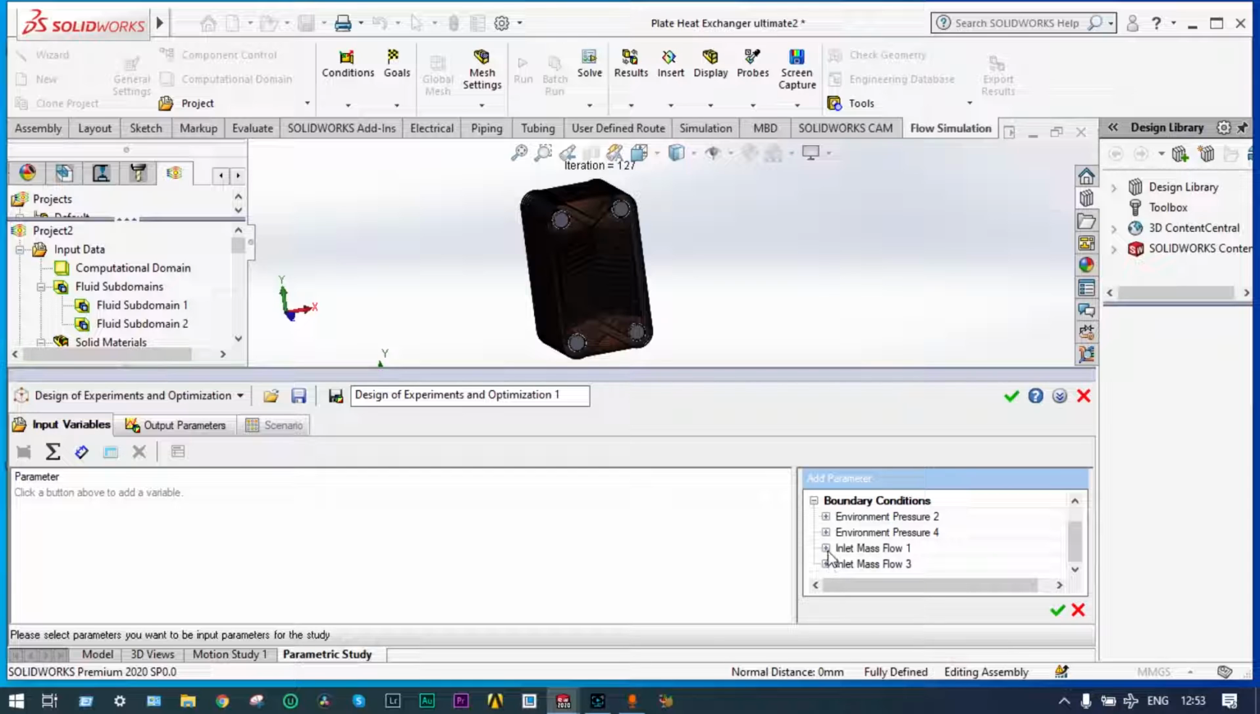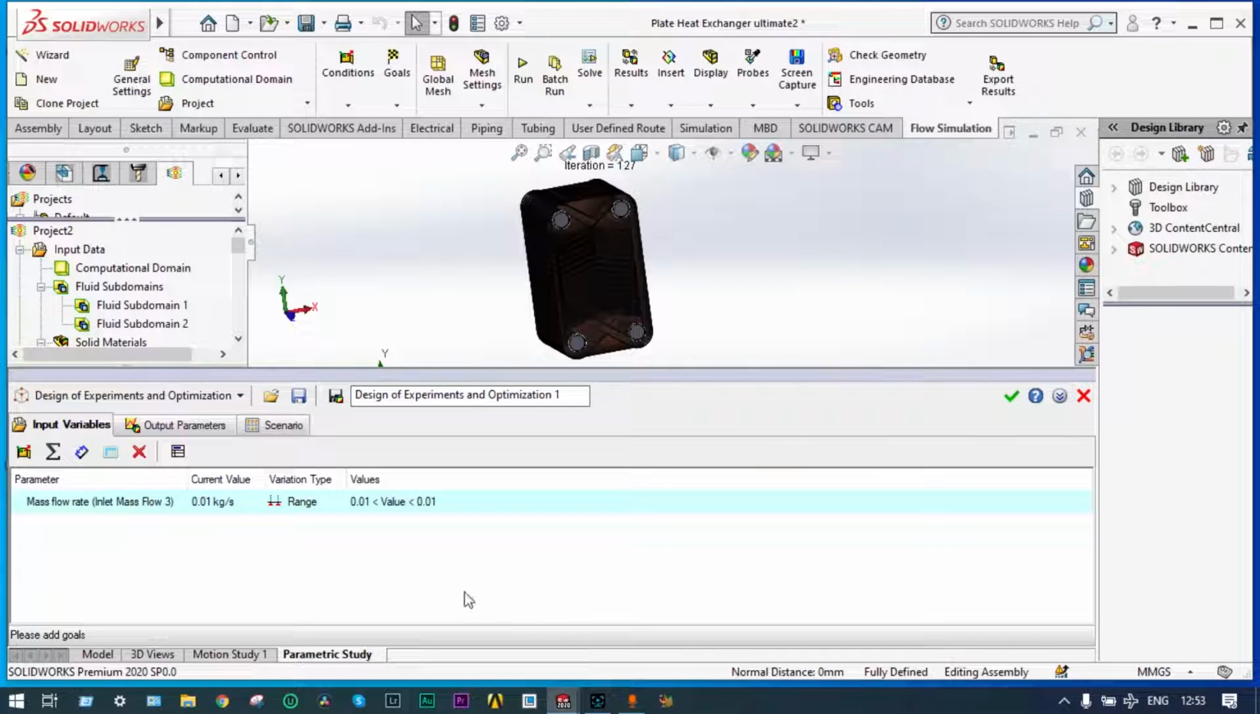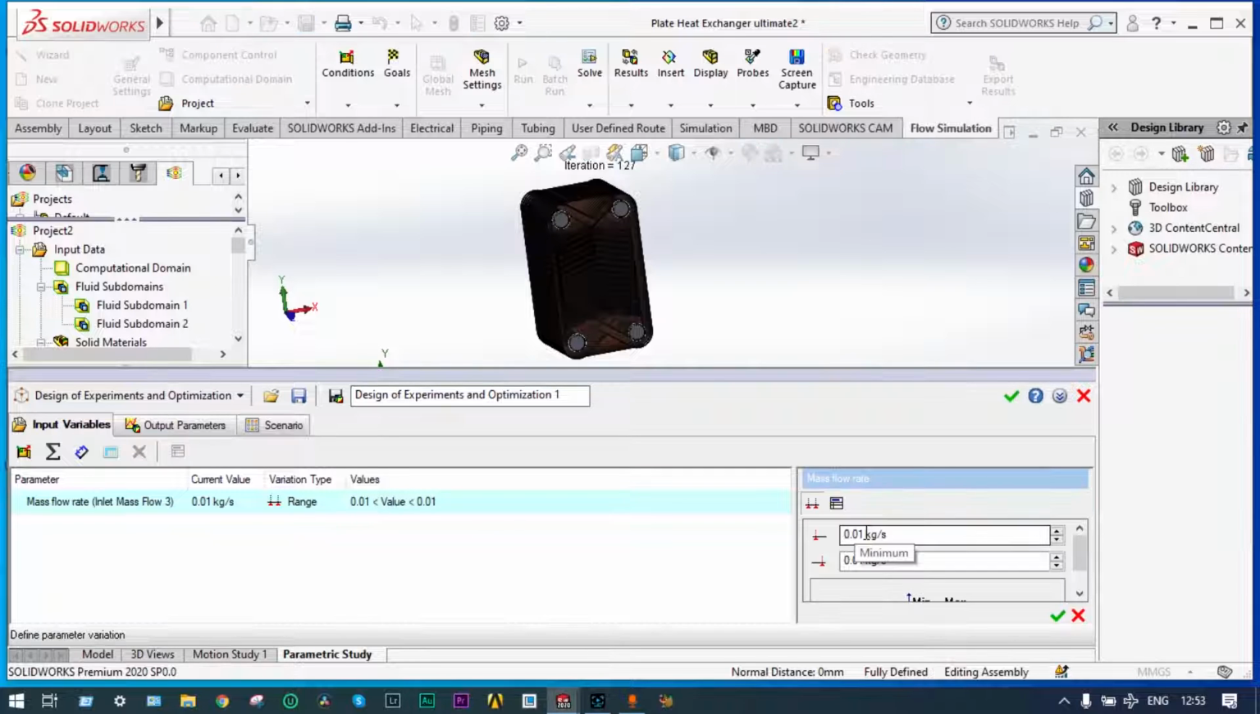So what can you do? We can either increase the mass flow rate of 1 or decrease, or we can change the mass flow rate of 1 and 2 both. We'll change one parameter. Let us increase the mass flow rate of cold water. Okay, we are selecting mass flow rate of cold water. You can check, and the range we have to specify right now. It was 0.01 kg per second. We'll make it